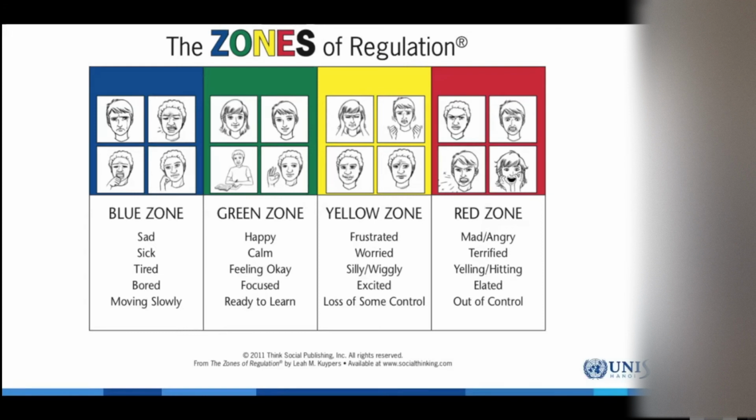We talked about modeling this for your children over and over again, which is being able to say to your child, I'm in the yellow zone right now because I'm feeling a bit frustrated about what's happening in our house. I see toys all over the place. I see things that haven't been picked up. And so one of the things I'm going to do to get myself back into the green zone is I'm going to go pick up 5 things, and I need your help with that so we can do it together. And so you've labeled a feeling for your child, and then you've given them a strategy that you're using to help regulate back down to the green zone. So it's using this in your homes to help, and then that's mirrored at school in the language that we use.